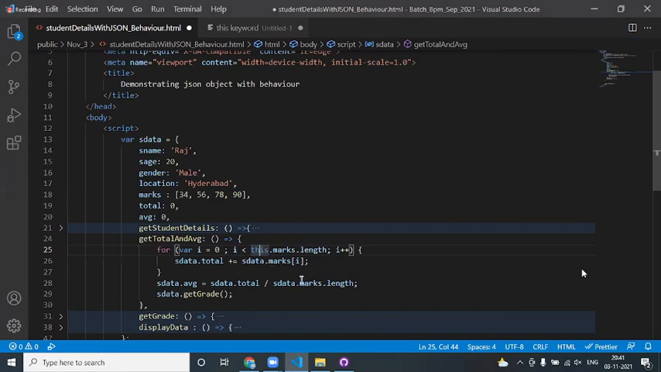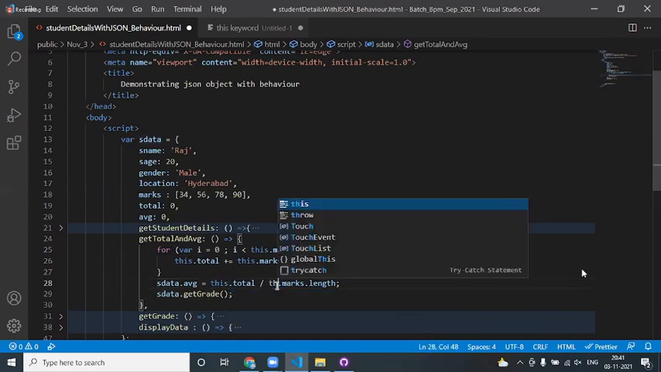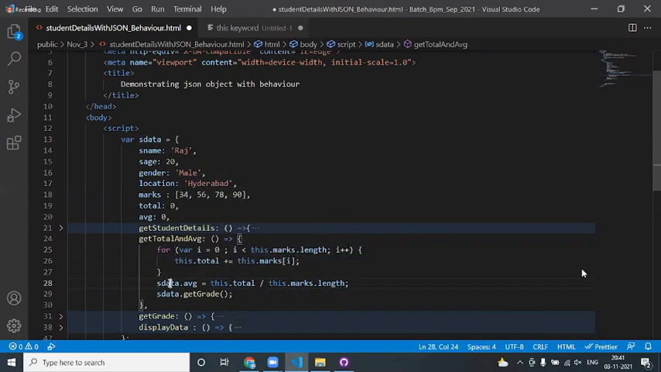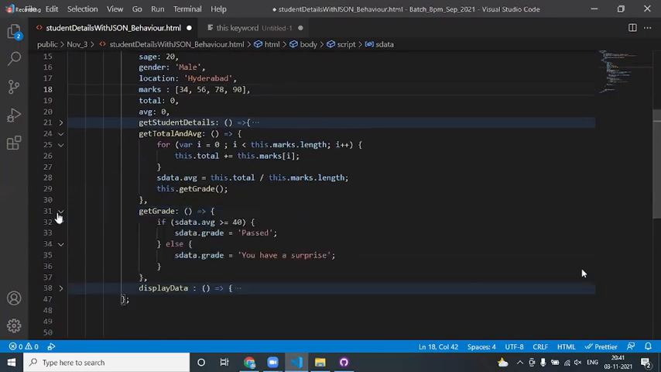This indicates current object reference. Instead of using the object name, you can simply say this dot so and so. Here I can say this dot so and so. Here I can say this dot so and so. I'm not using this here just to show you the difference. Either you can make use of the this object, or you can make use of the object name, because this